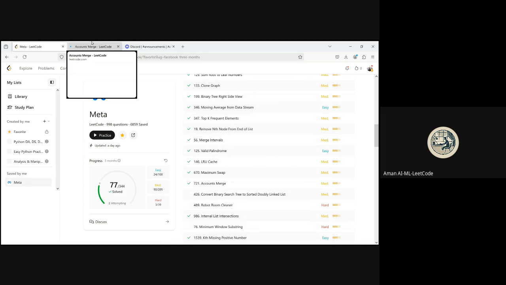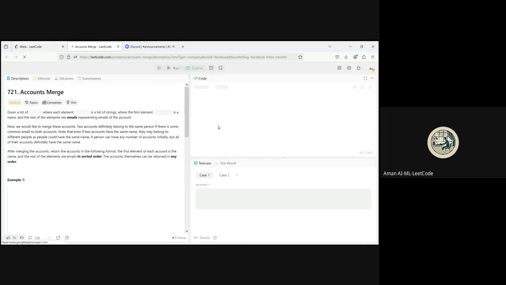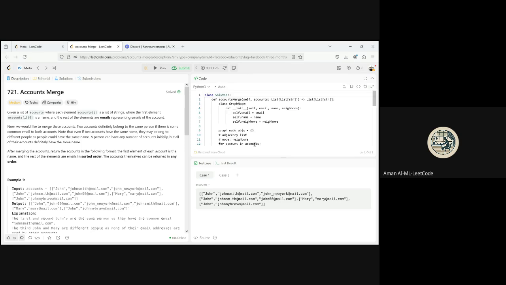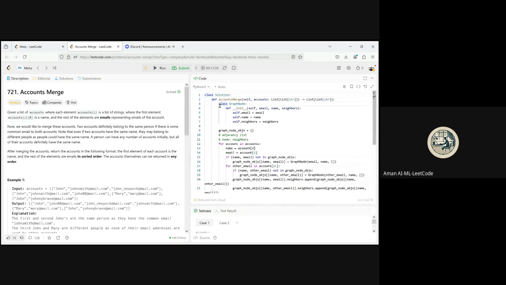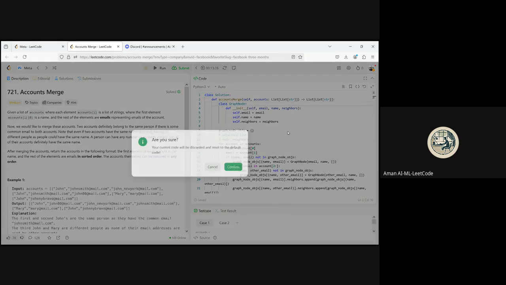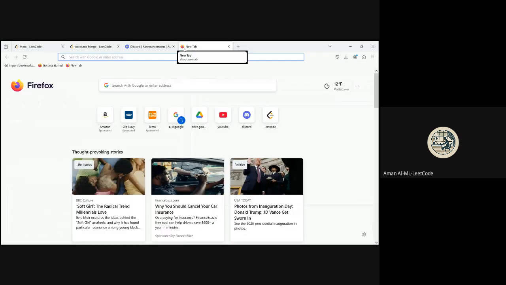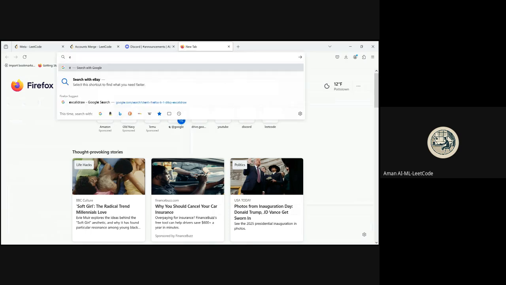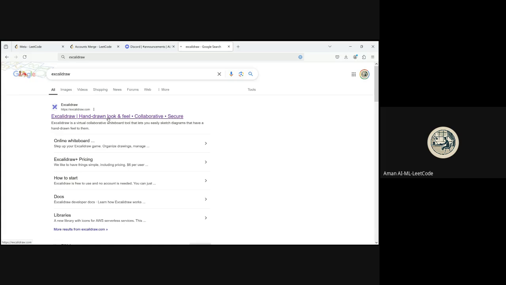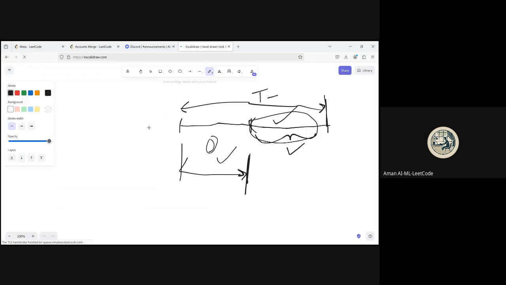All right. So let's take a look at this account merge once. We stopped at this particular question earlier. I will try to make it easier. So instead of using graph mode and all of that, let's use all that. So what we want to do is